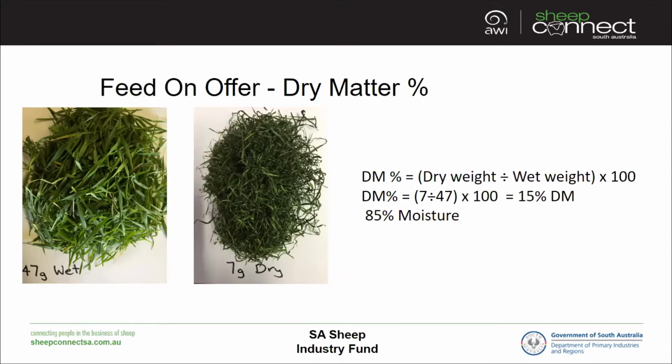So first of all, when assessing our pastures, we need to know the dry matter percentage. The nutrients that the animals get, the energy, protein, minerals, etc., are actually in the dry matter, not the moisture that's in the feed. From now on going into springtime, it does get a little bit tricky, so it is really important to